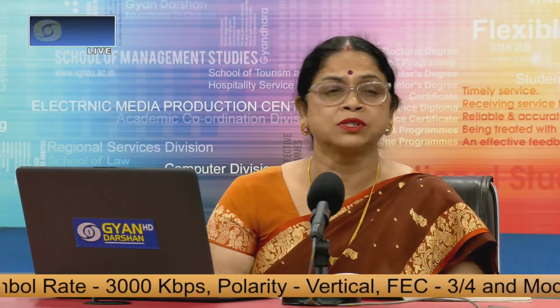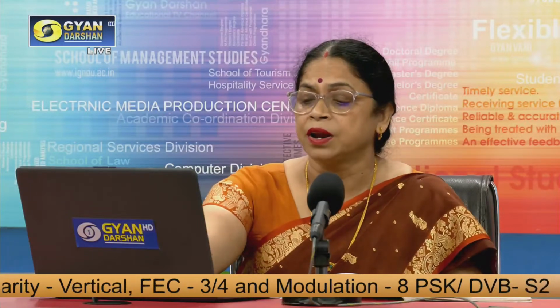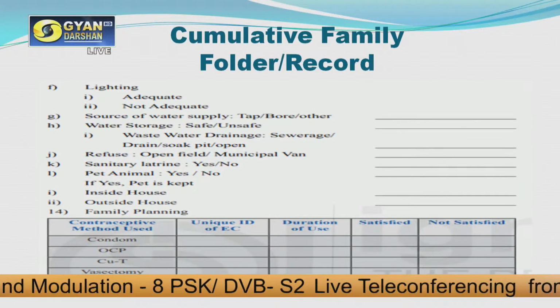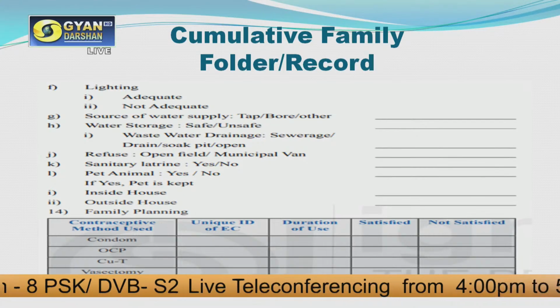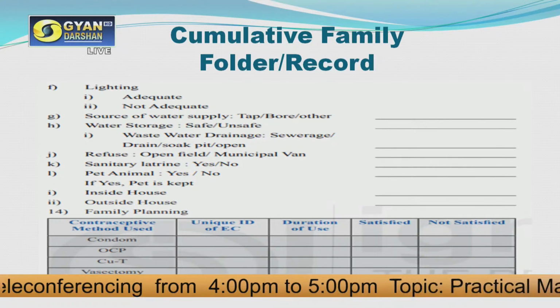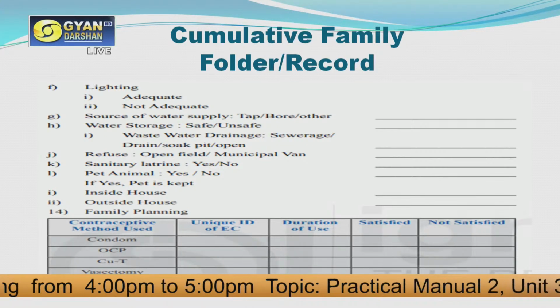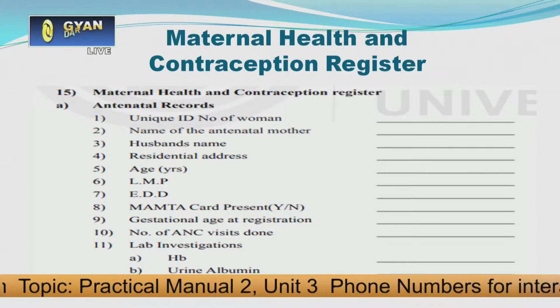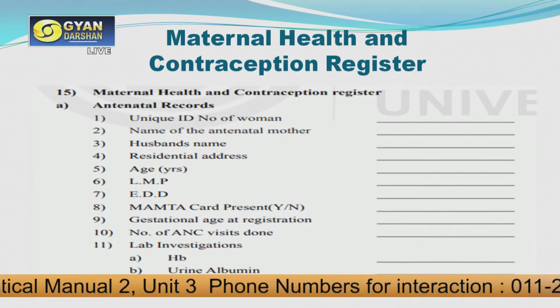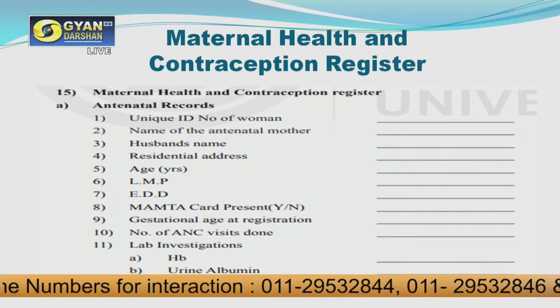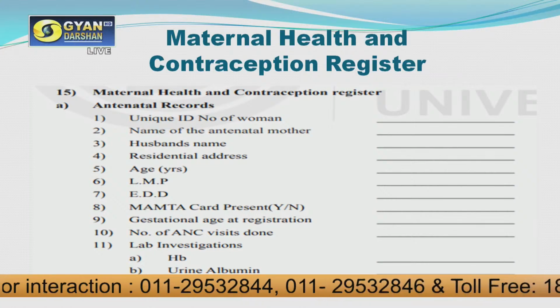like condom, OCPs, or the copper T, vasectomy, tubectomy, as I have done. And if any person is using a method, you can take the unique ID number of that eligible couple, then the duration of use, since when they are using this particular method, and whether they are satisfied or not satisfied with the method can be recorded. Then another aspect which you can record is the maternal health and the contraceptive records,